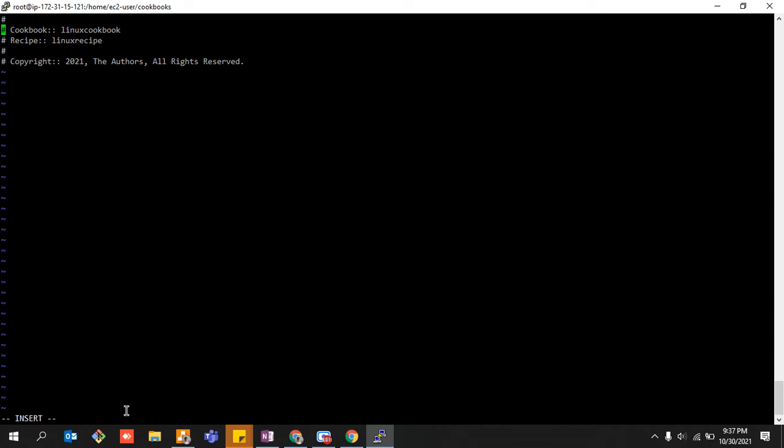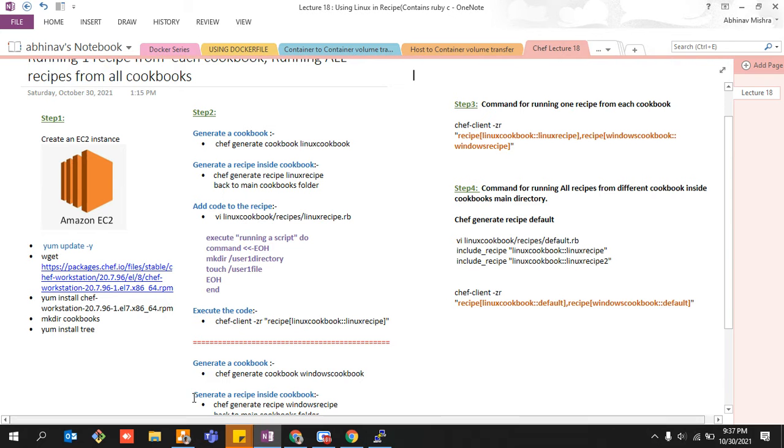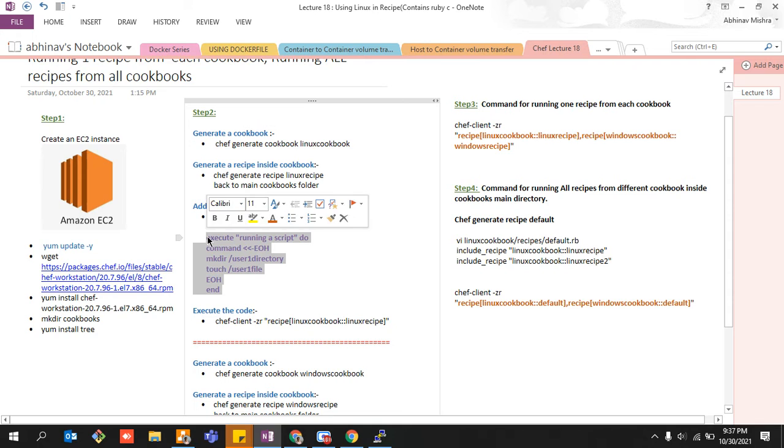Everything, guys, I've already explained it. I'm just going over here to make you understand how to make use of Linux commands, right? So all these things we have already done earlier. The command over here is going to run a script, right? And EOH, what do we mean by EOH? It means end of here, something like that.